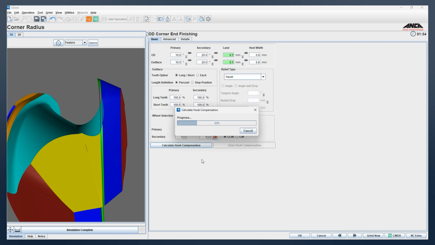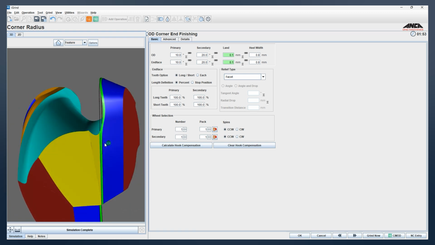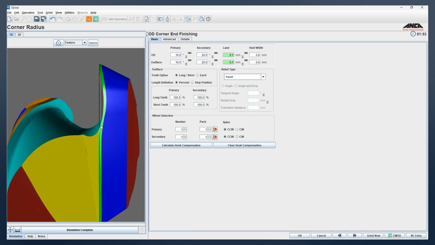It does a hook compensation quickly, and now it will display how the hook compensation has been done. Now the N-phase land is actually following the hook that is done by the fluting. So the complete land width is now 0.1, and this is actually not done by default because some customers want to follow the old tools they have manufactured. So if you don't do the hook compensation, you'll get the old tool style, but with hook compensation, now you get a correct land width that is following the hook.